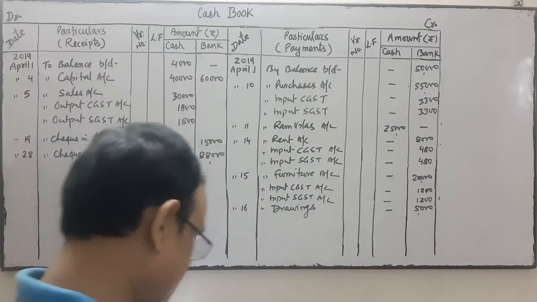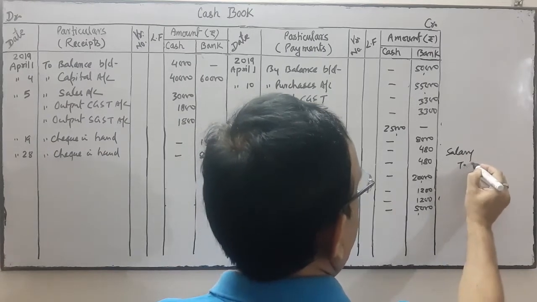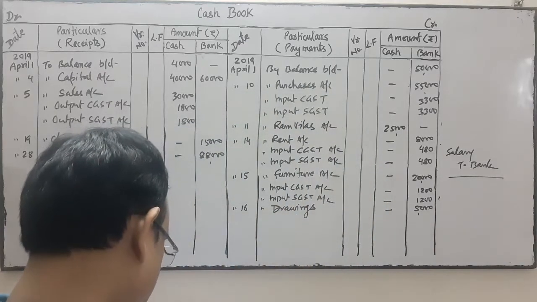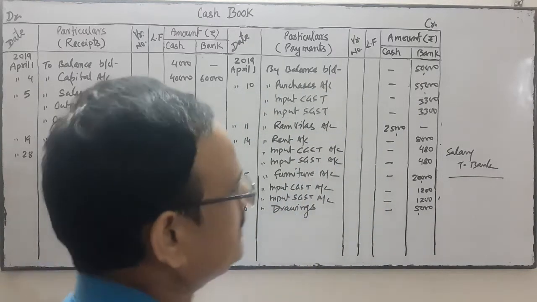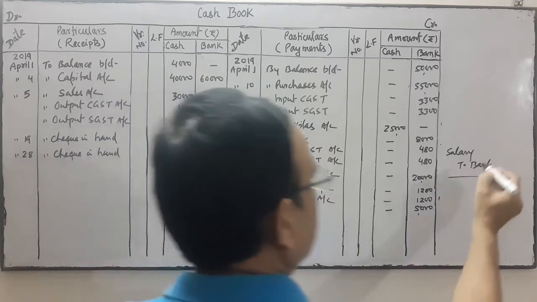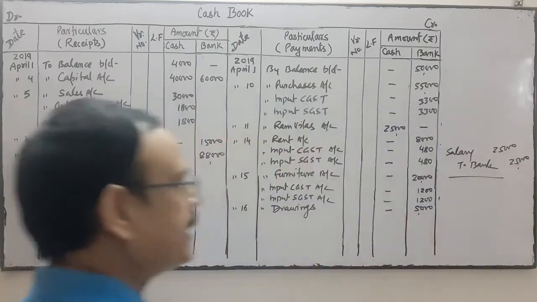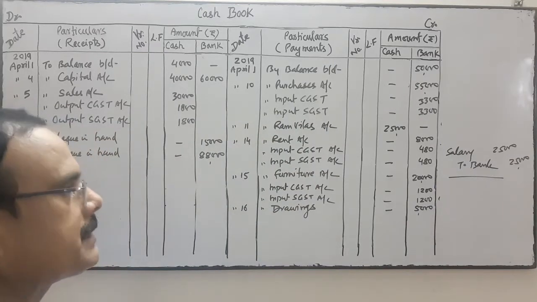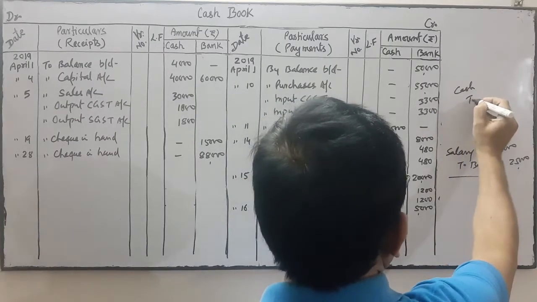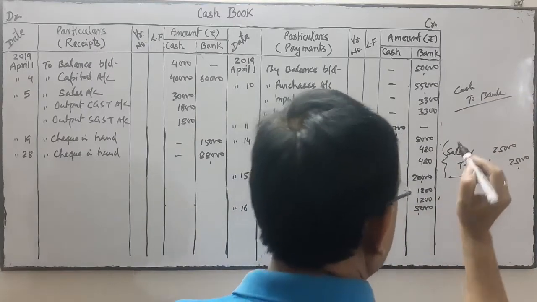Due from bank for salary of the office staff. So salary account debit to bank account. Here I assume that the salary is paid. For the payment of the salary to office staff, the amount is withdrawn from the bank. If the salary is not paid, it is withdrawn for salary but still not paid, then the entry will be cash account debit to bank account. This will be the contra entry. But here I am assuming that the salary is paid.